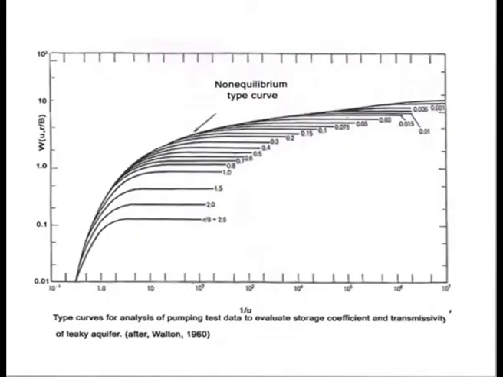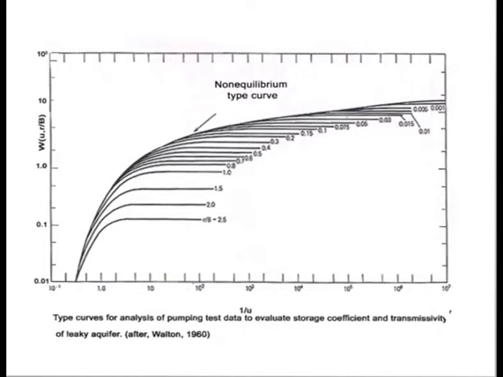So Boulton also, in 1960, gave the standard family type of curve to solve this problem of the unconfined aquifer. So this is also a curve matching technique, just like the Theis method. He has plotted a standard curve W(u, r/B) versus 1/u, then drawdown data versus time t is plotted, just like the Cooper method, but these are plotted on log paper because our standard curve is made on log paper.